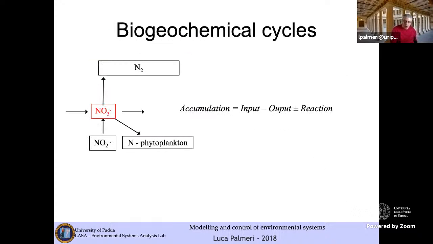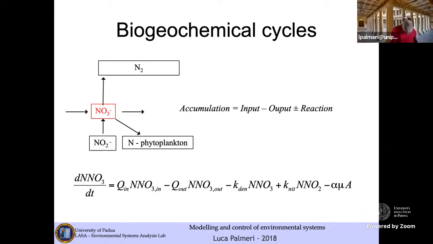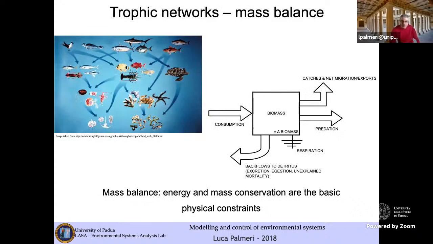Okay. So you are starting to see how we may formalize our continuity equation, that is obtained from the mass balance, that is simply a mathematical formulation of the principle of conservation of matter, into a process that includes transformation of nitrate, that is our currency or our state variable, into gaseous nitrogen and phytoplankton. This very general